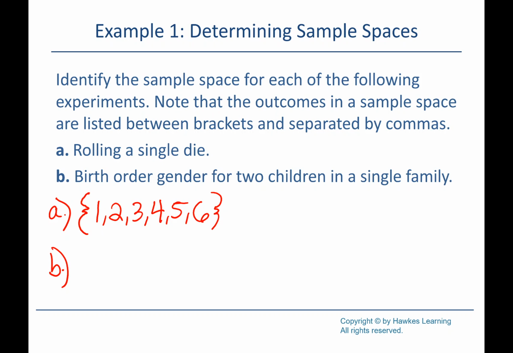B here? Okay, so this one's a little trickier because we've got 2 events happening in each experiment. It says we got birth order gender for 2 children in a single family. So you could write like boy, girl. Okay, we're going to shorten it up. Okay. So I'm going to say that we could have